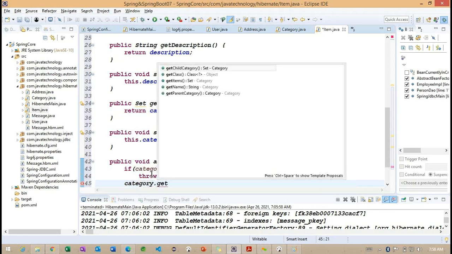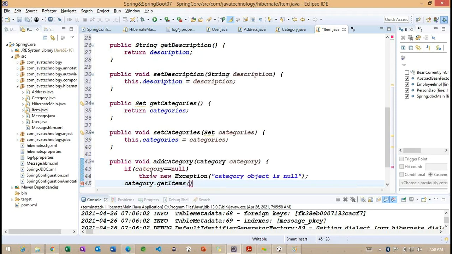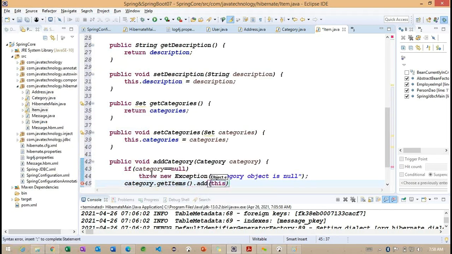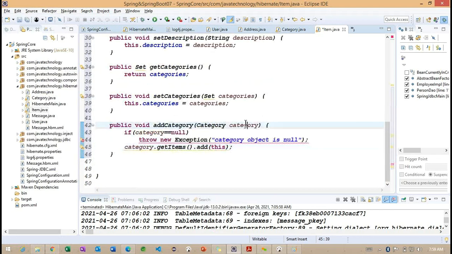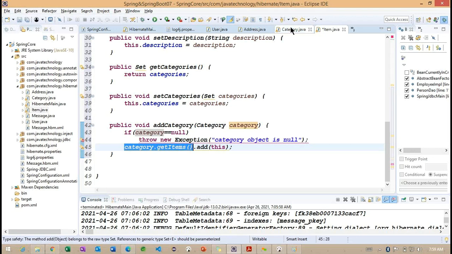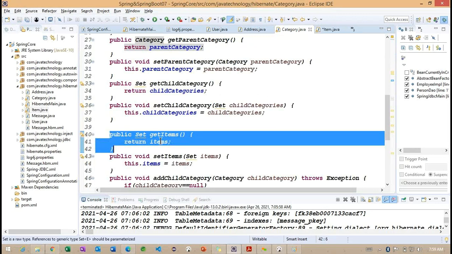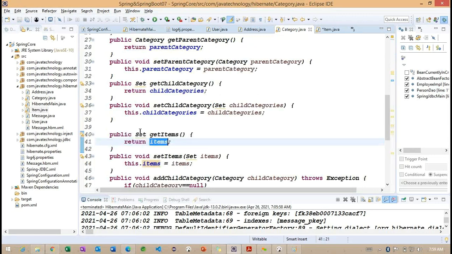Category dot, we'll call get items. Where do we have get items? Internally, we'll add this object. See carefully how we are making the relation here. With the reference of this category, we are calling the get items method, where we defined it. It returns the set of items.